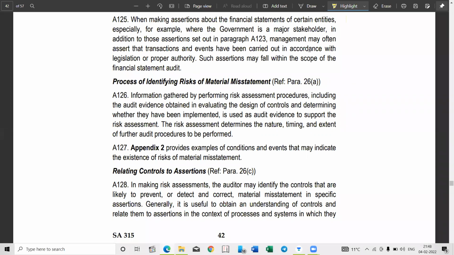I don't exactly remember, but I do remember something like getting the company accounts altered if they find any issue, making changes in company accounts. So Section 129 deals with changes in accounting.